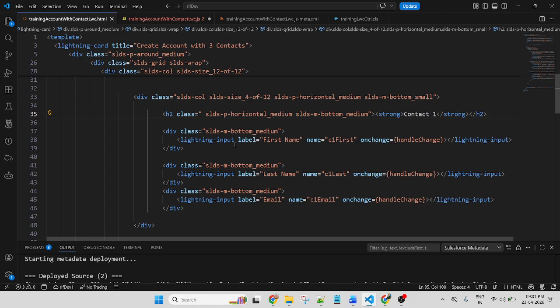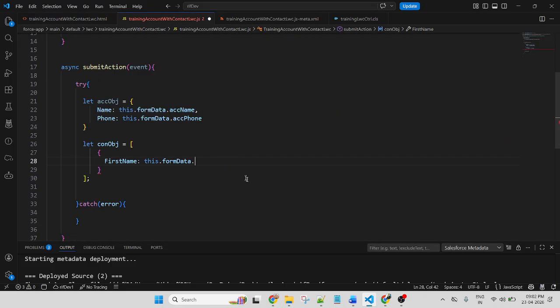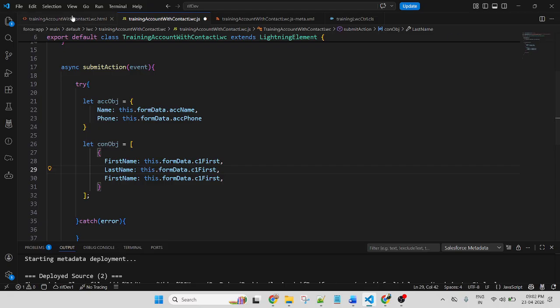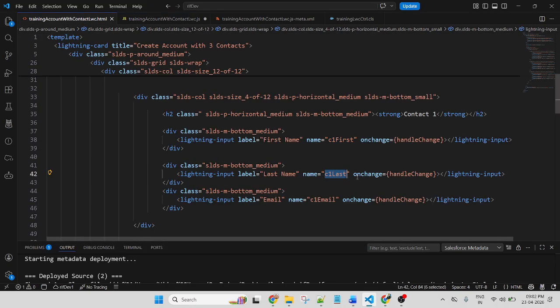Based on this name, I will get the value for each and every input field. So C1 first, comma, because this is an object. Copy paste. This is a last name, and the last name is C1 last.